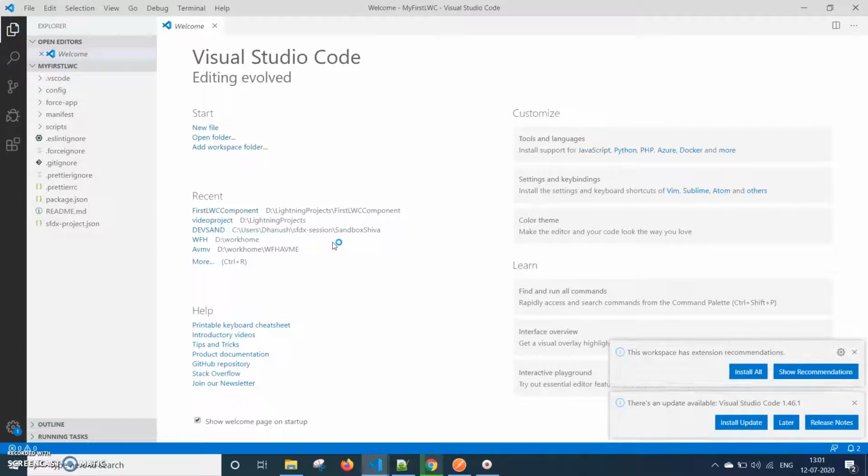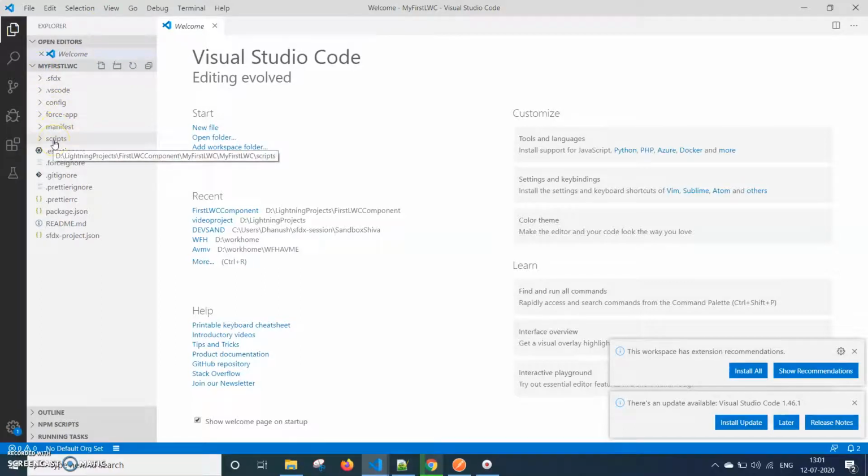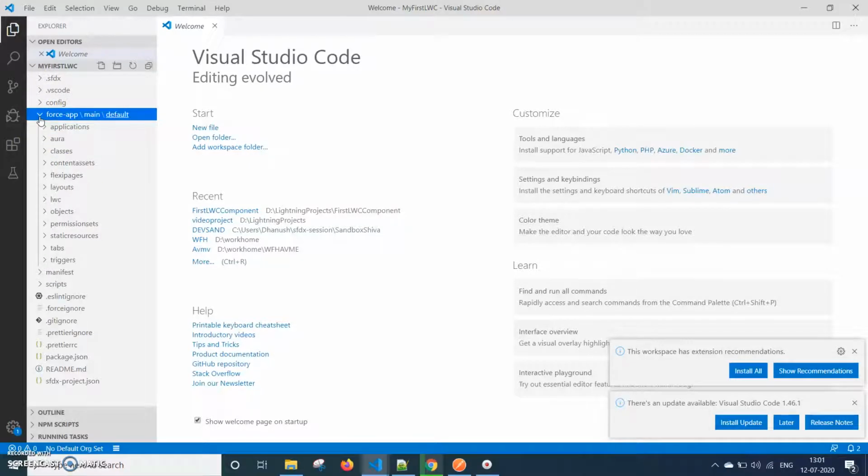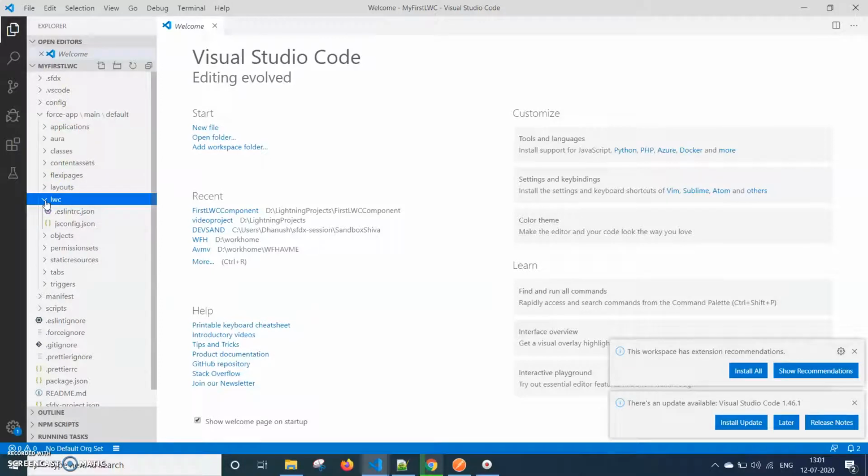Here in this folder you can see the project structure that is created. My First LWC you can see on the left side, and under this you will have force-app and the LWC folder. The components that we create will come under this section. The different classes that we create will come under this section.